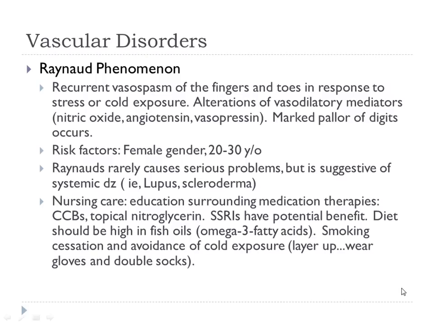So Raynaud's disease is similar to Buerger's disease. Raynaud's usually affects women, Buerger's is men. Raynaud's is usually attached to some sort of autoimmune disorder too. But the problem here is that there is a problem with the mediation of vasoconstriction and dilation. So you have alterations in nitric oxide, not nitrous oxide, it's nitric oxide. And nitric oxide plays a role in vasoconstriction and vasodilation, as does vasopressin and angiotensin. We talked about angiotensin, right?